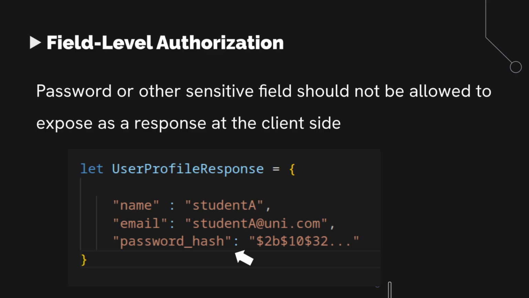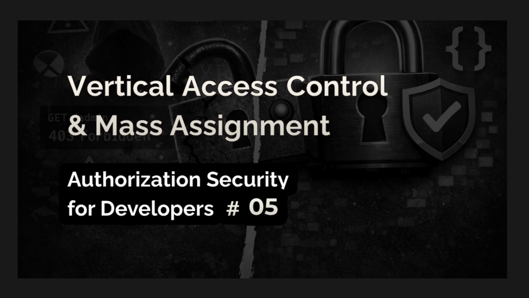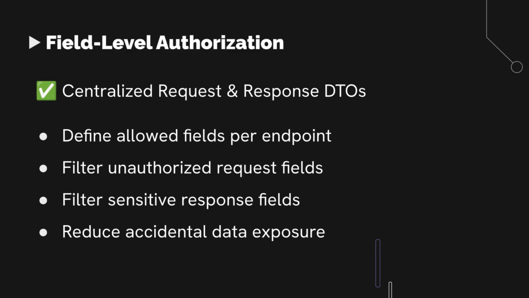Field level authorization helps ensure users only receive the data they are authorized to view. We have already covered mass assignment and vertical access control vulnerabilities in a dedicated video with a practical demonstration, so feel free to check that out if you like to learn more. To solve this problem, we need to define which fields users are allowed to read, update, or access for a